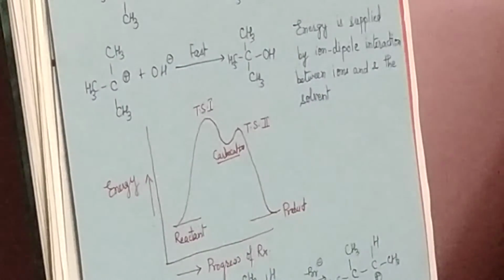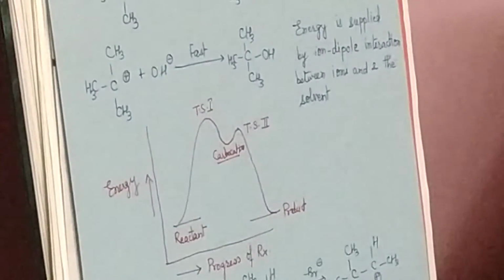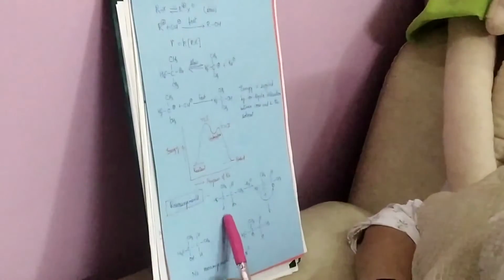That this reaction takes place via the carbocation mechanism is proven by elaborate studies made on these kinds of reactions, taking so many examples in which we see that rearrangements also take place. You must be remembering that whichever reaction proceeds via carbocation intermediate almost always leads to rearrangements, and these rearrangements can be seen here. One of the examples you can take is that of this molecule.